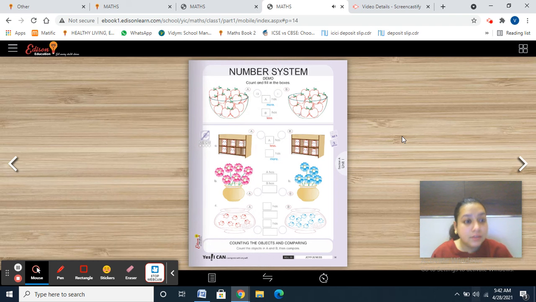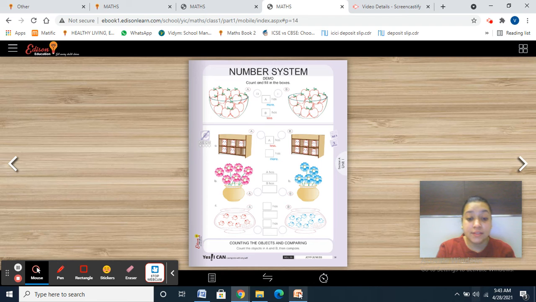We did one story, alligator. Remember Ellie the alligator? Ellie the alligator opens the mouth towards the greater number. Why? Because he wants to have more apples, more chocolates because he is hungry. He is very hungry. So alligator opens the mouth towards the bigger number, greater number because he is very hungry.